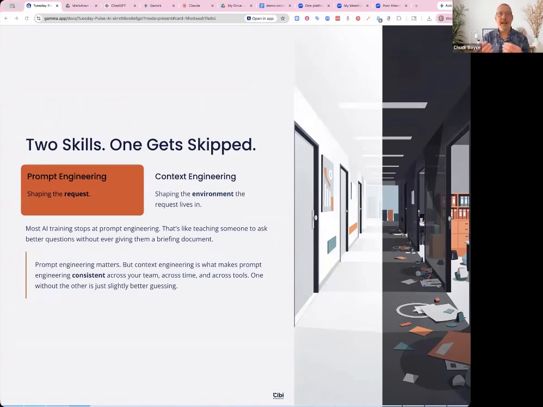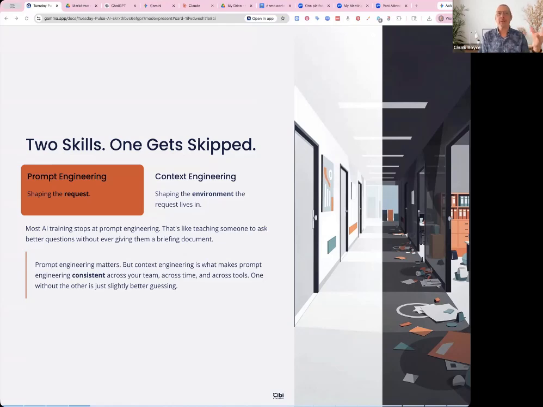Prompt engineering and context engineering are completely different ideas that you need to be aware of. Prompt engineering is shaping a request. It's about how you ask things: clarity, formatting, revealing your constraints. Depending on what you want it to do, give it a role, give it a context, give it a result, give it an example.